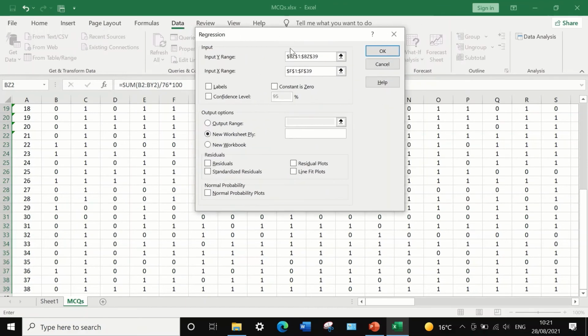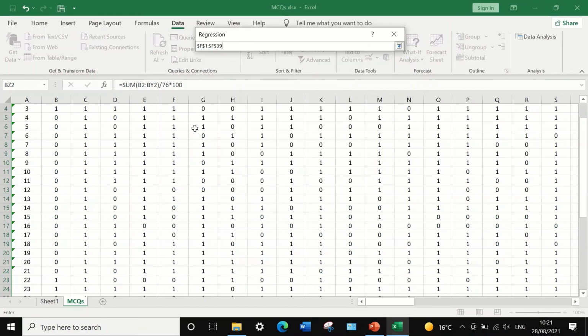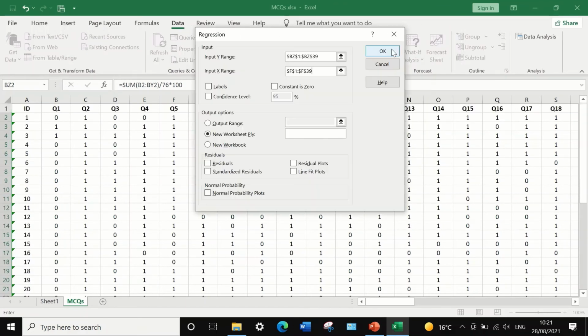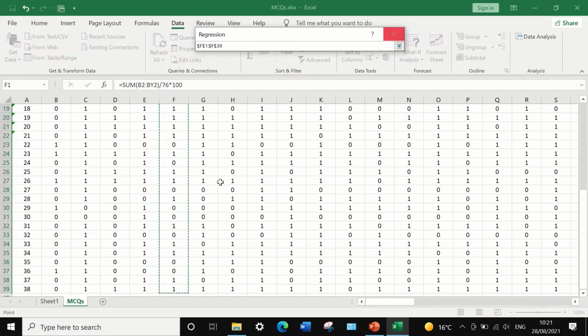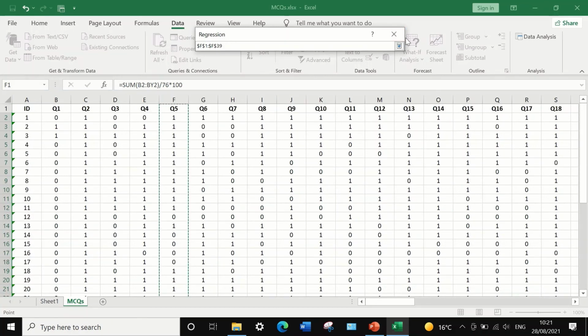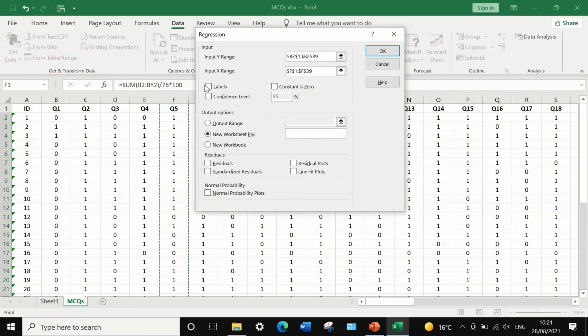As you can see, number 5, let's do it again to double check. If we go to number 5 here, click Shift and then the down arrow, column 5 is selected here. Then click on Labels, and we are going to generate the output in a new worksheet. If we click OK,